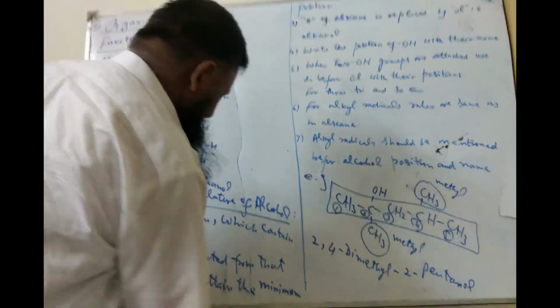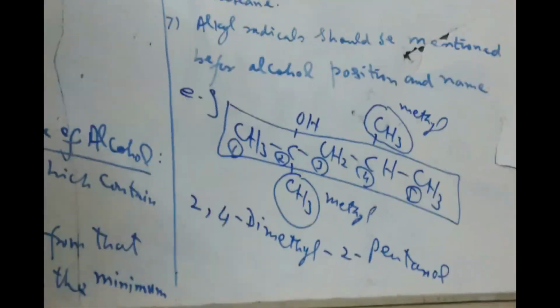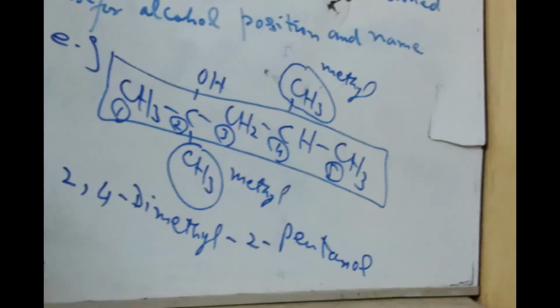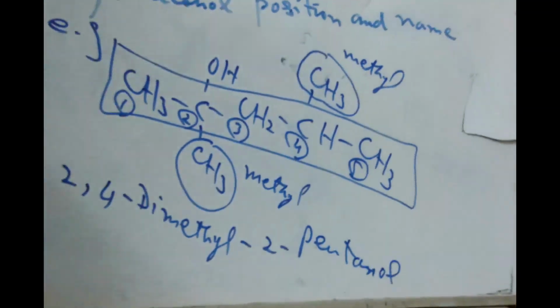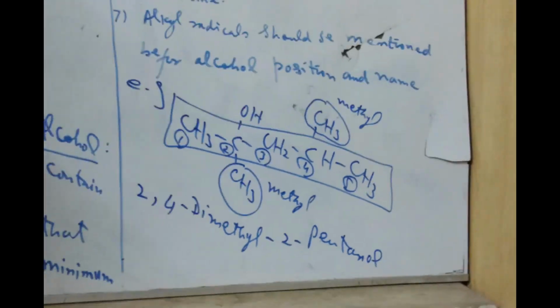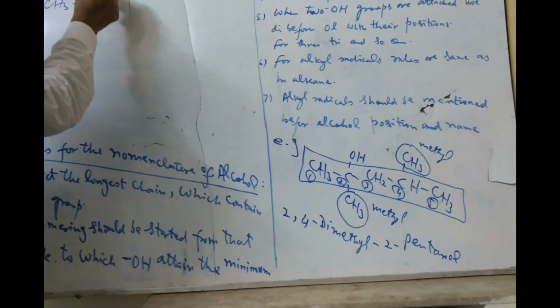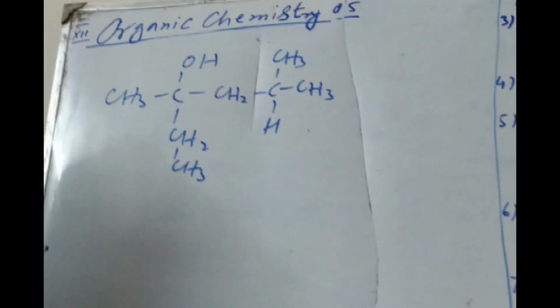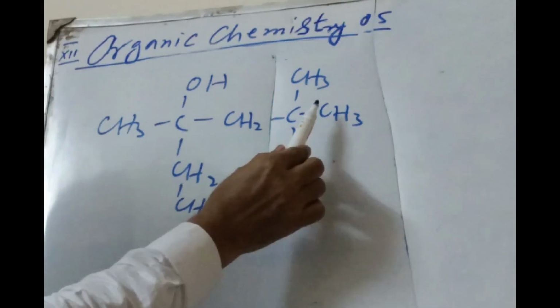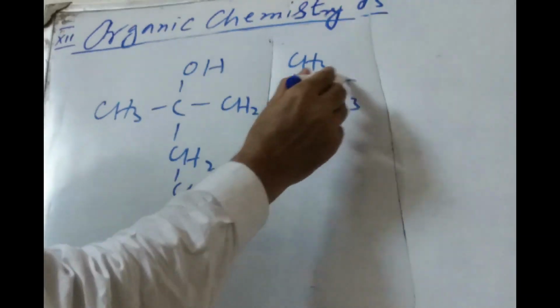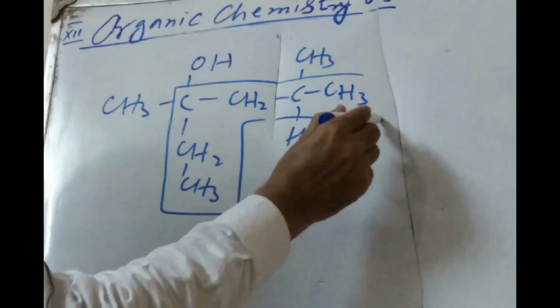In this case, for example, if we have the OH, then what happens? We can explain. You should see it here. For example, CH3, COH, CH2, CH3, this is the CH2, CH3, this is the CH3, and this is the H. Now, the first one, select the longest chain, 1, 2, 3, 4, 5, 1, 2, 3, 4, 5, 6. So the 6 is the longest chain.